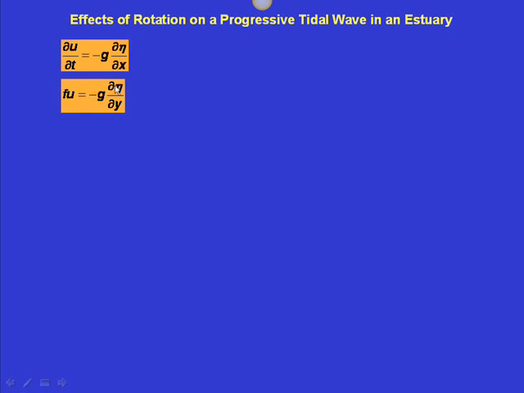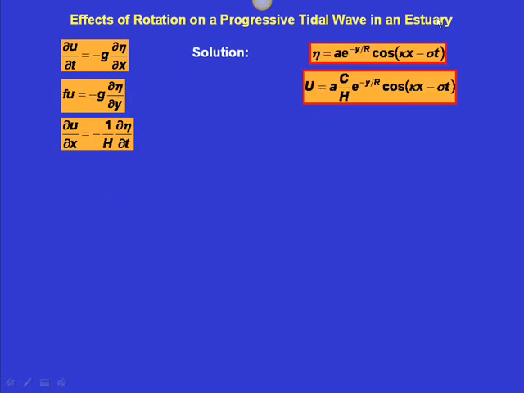But notice that there's no density gradient here. The pressure gradient is provided by the slope of the surface across the system, across the channel. And that's the continuity equation. The solution to that is, again, something that looks very similar to the plane wave, but it has an exponential. What does this exponential tell you? What's happening to the wave in the y direction? It decays exponentially away from a waveguide,